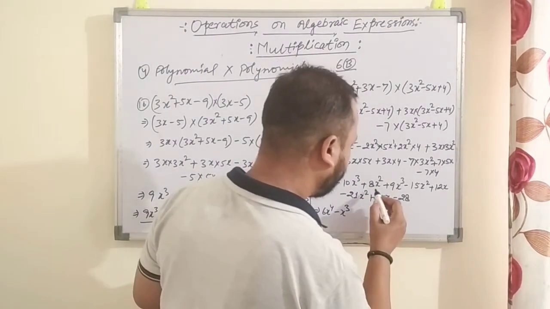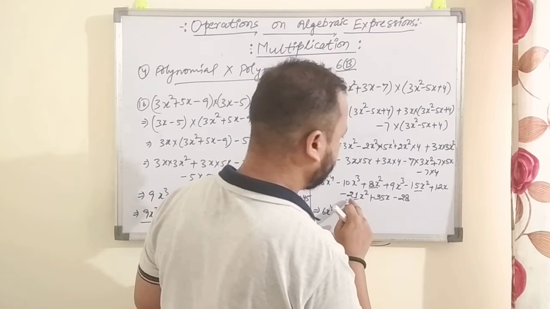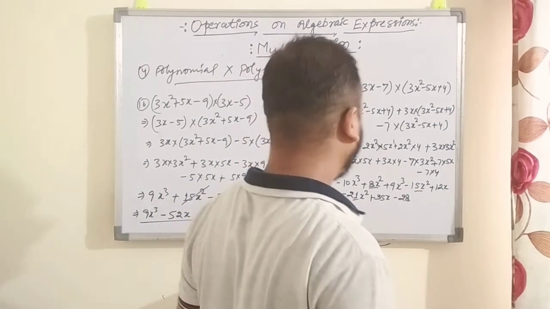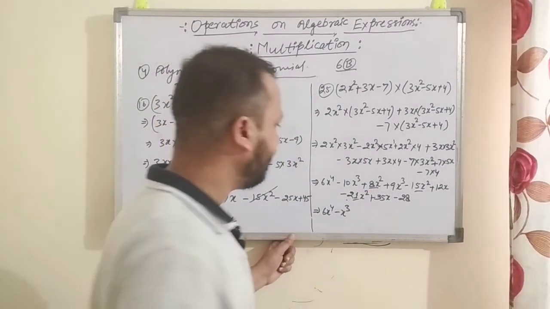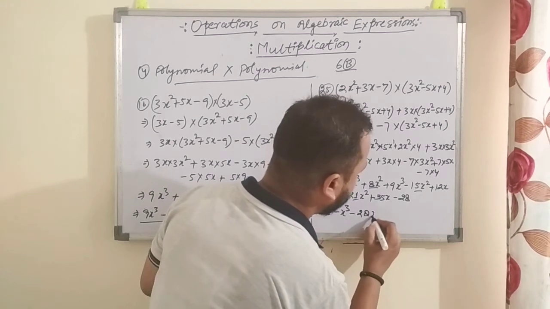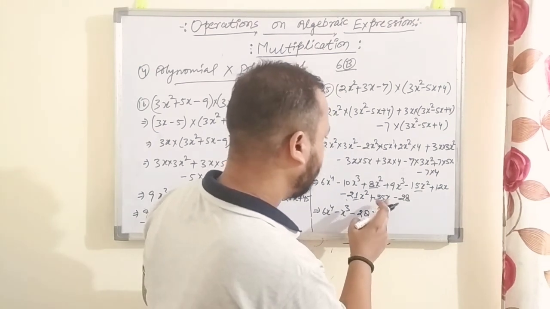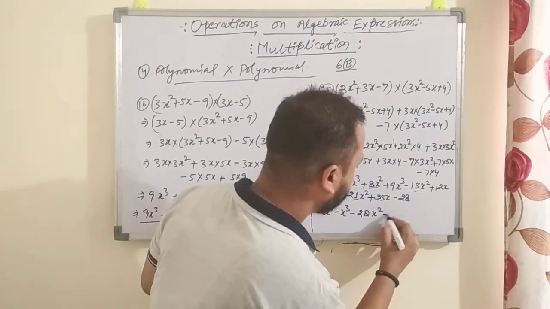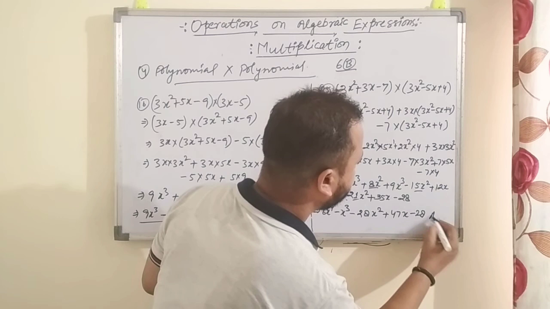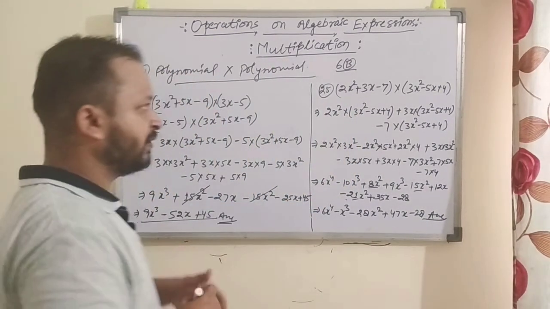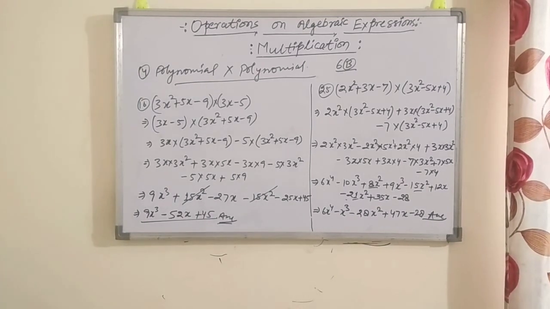Now come to x square. Here the x square terms are 1, 2 and 3. Two are with negative signs, so 21 and 15, that is 36, right? 21 plus 15 is 36, 36 minus 8 is 28. So minus 28x square. And here 12x and 35x have positive signs, so you can add them. So this is 47x and minus 28. This is your answer, right? So this way you will do multiplication.